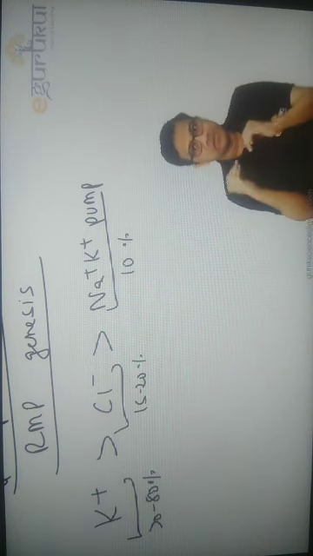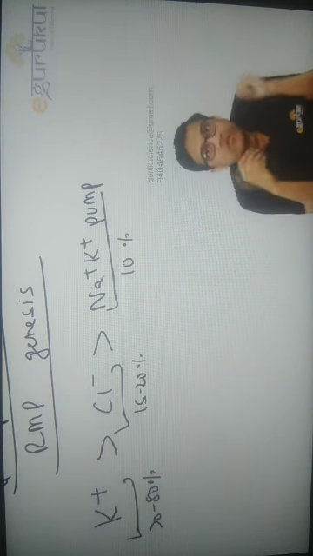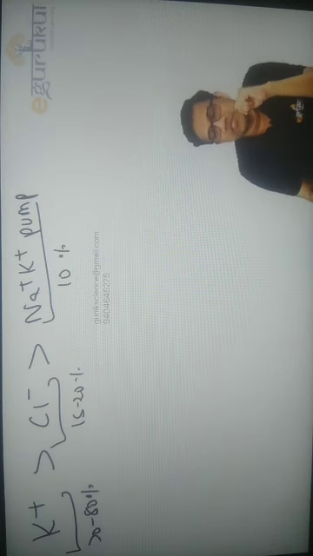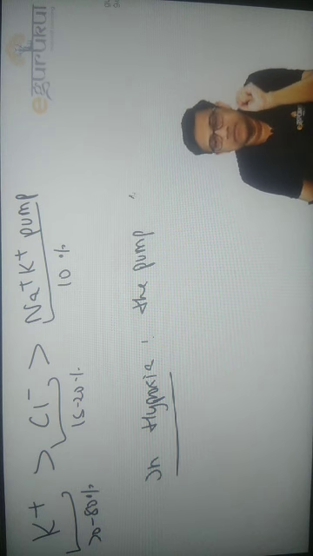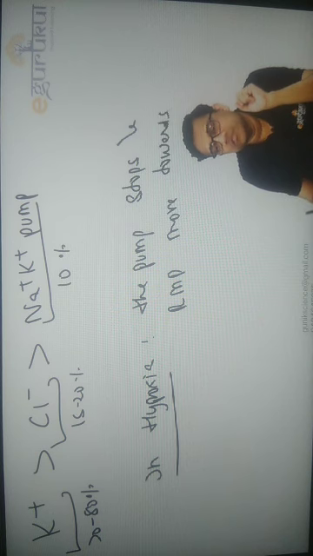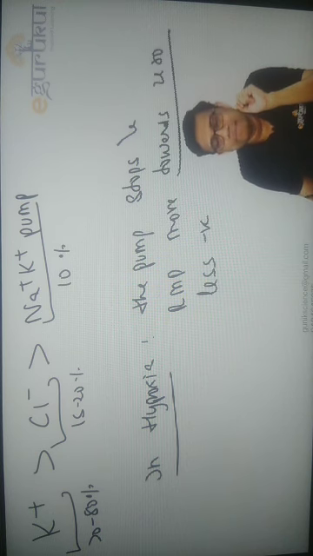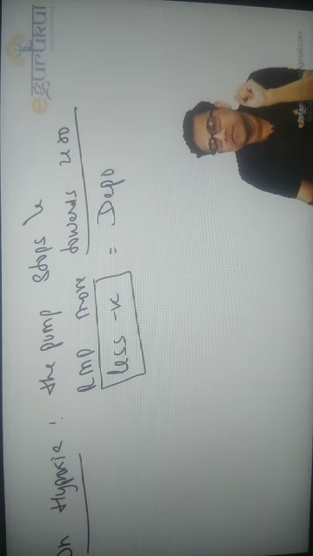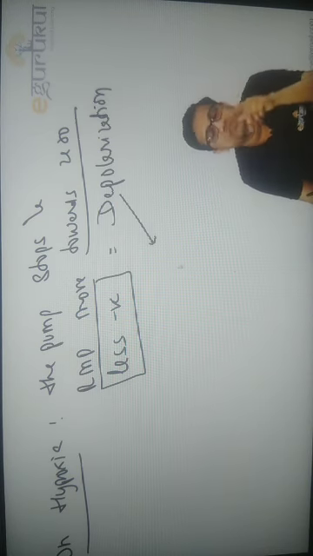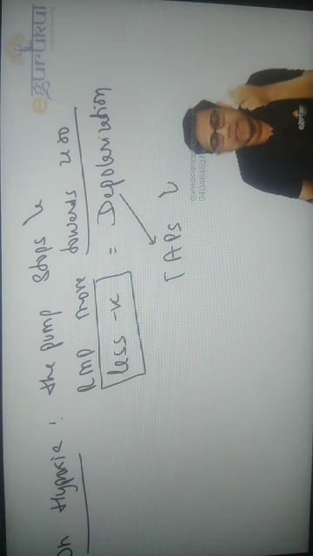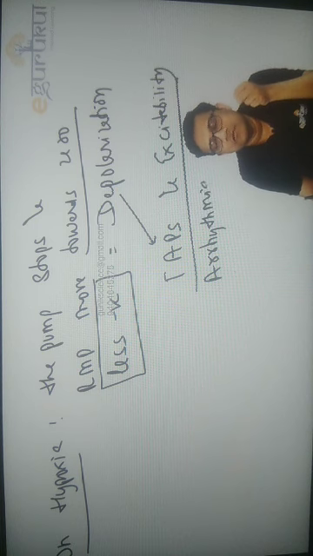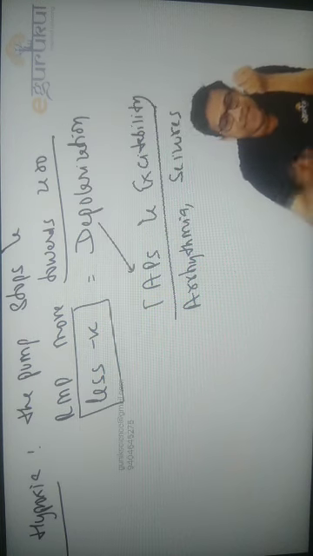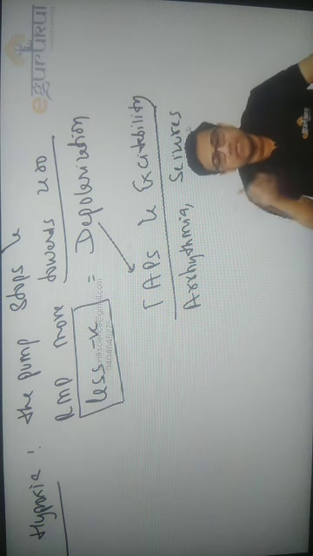If this pump stops working, will the neurons remain at RMP or will they start creeping towards zero? Obviously they will go towards zero. And what do you call it when it goes towards zero? That is less negative, that is depolarization. In hypoxia, the pump stops and the RMP moves towards zero. Depolarization can cause increased firing, increased APs and excitability, and that is why it can cause arrhythmias in the heart and seizures. So ischemia can cause arrhythmia and seizures because hypoxia causes depolarization.